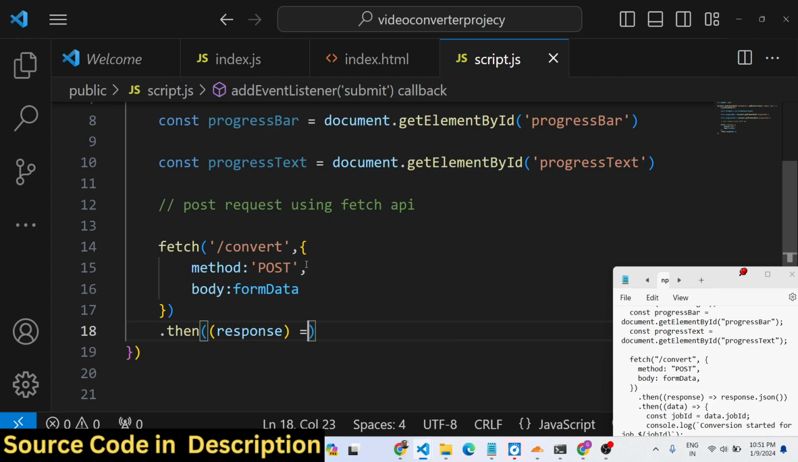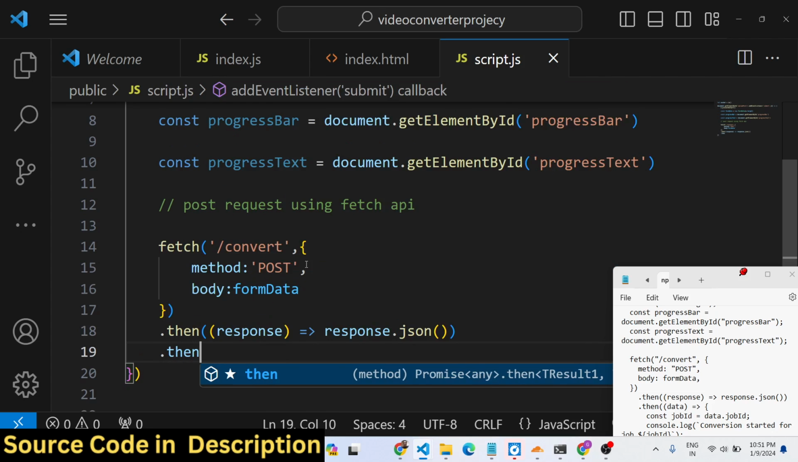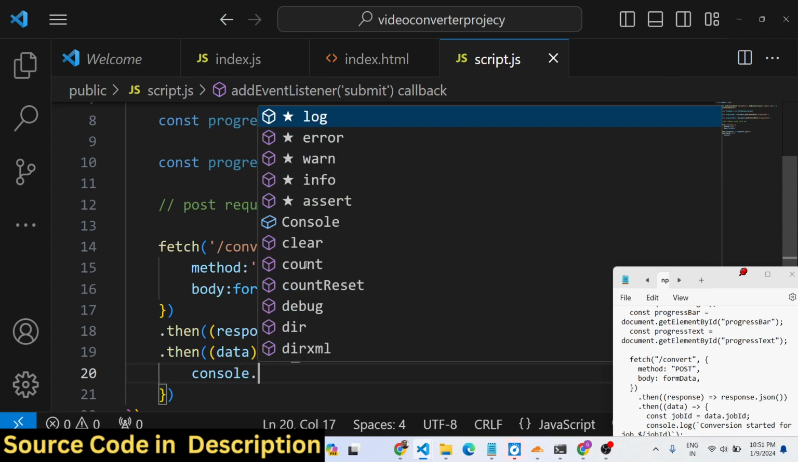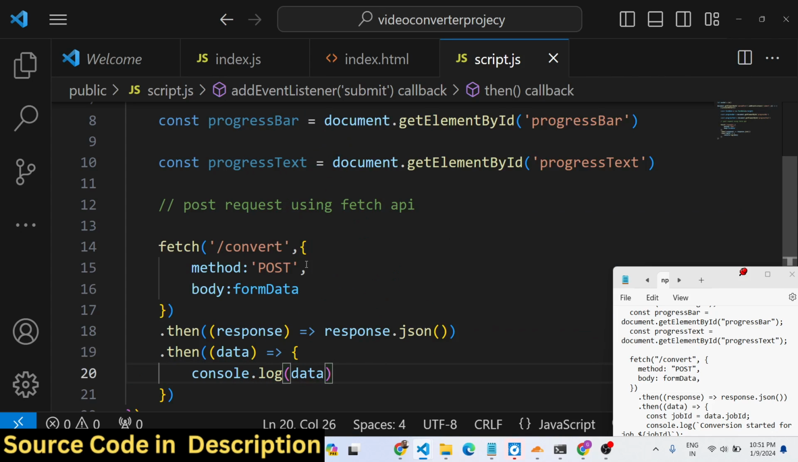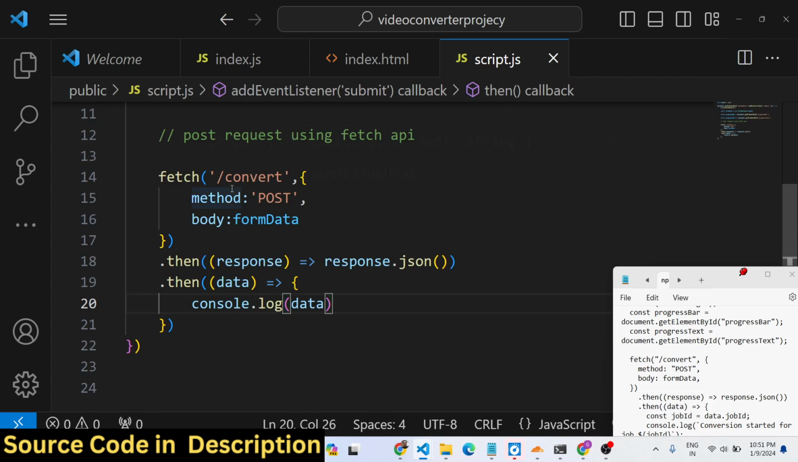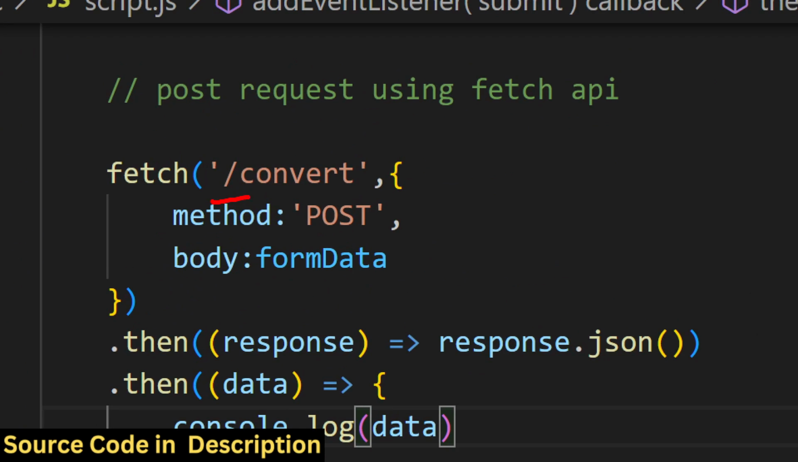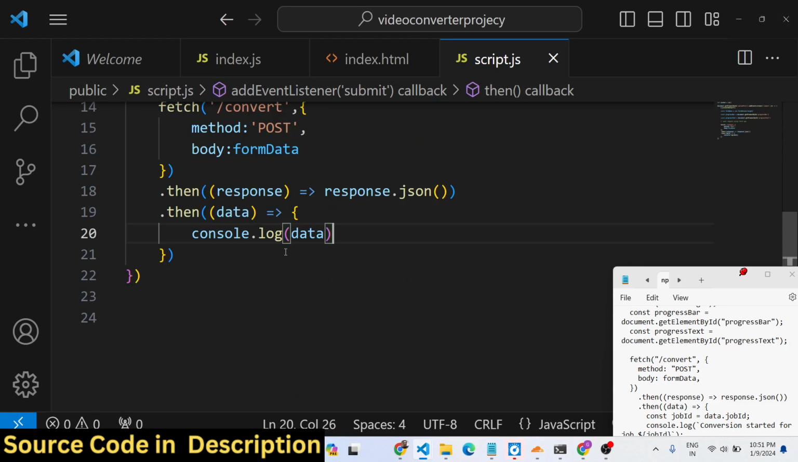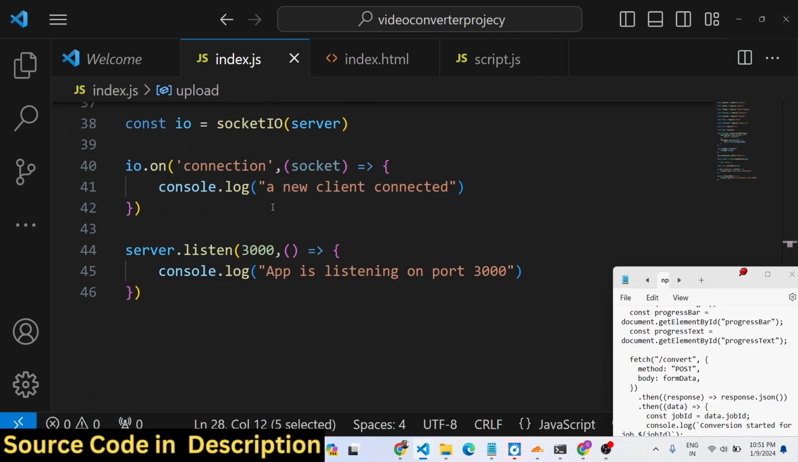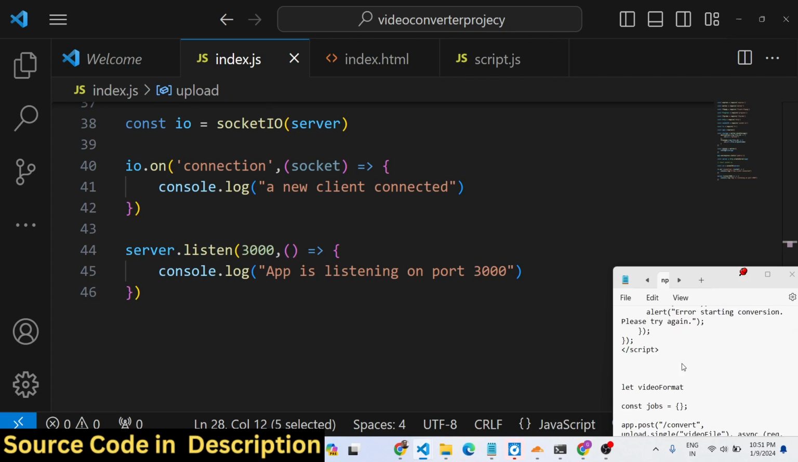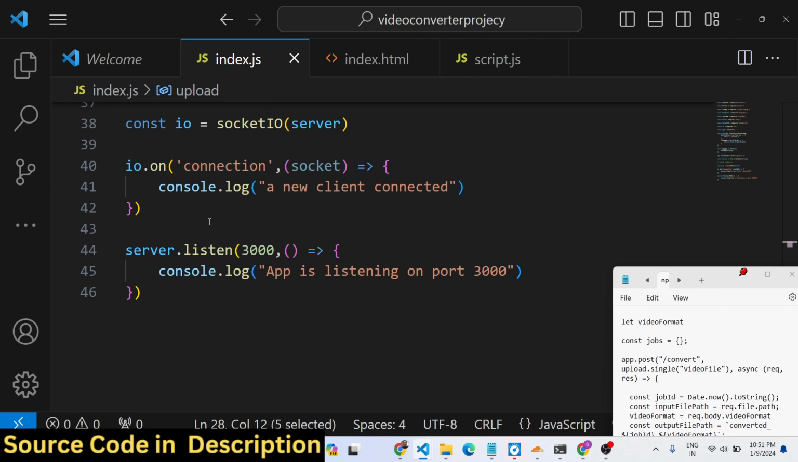the response here. We need to convert this response first of all to JSON, and again it will return a promise. We will actually get our data like this, so we can simply console log the data right here. So this is the POST request. Now we need to make it in the backend server, the Express server,